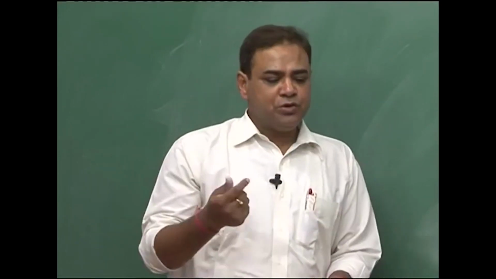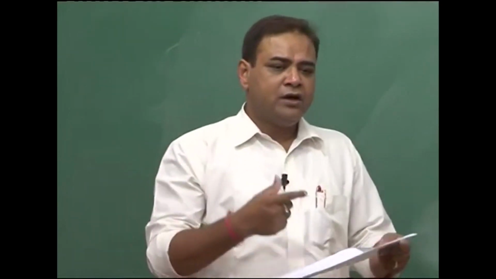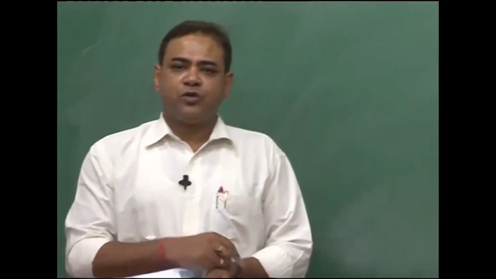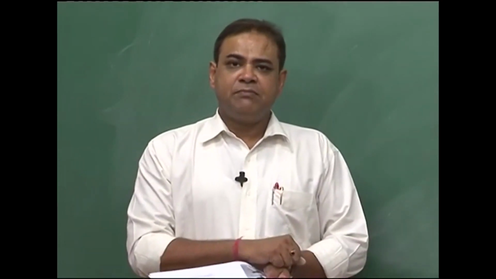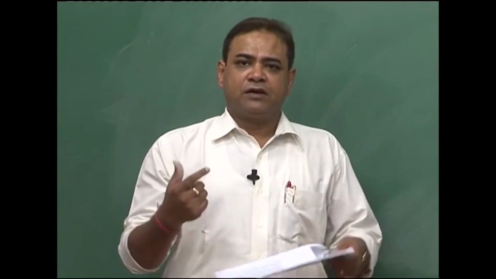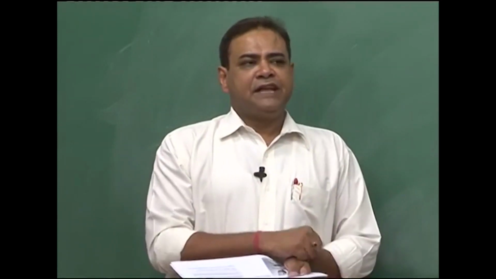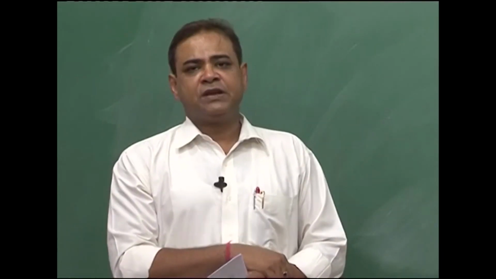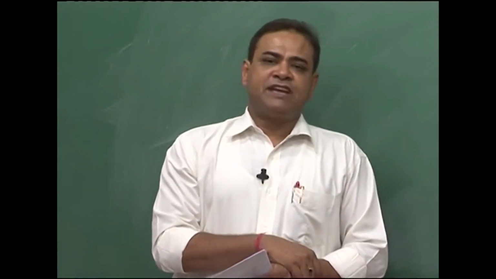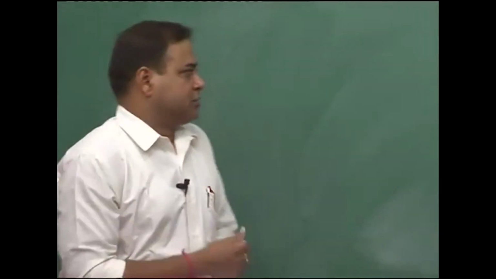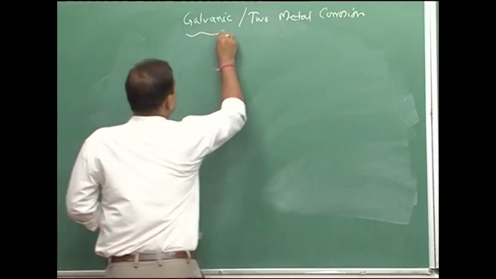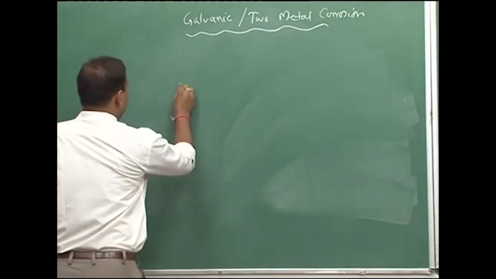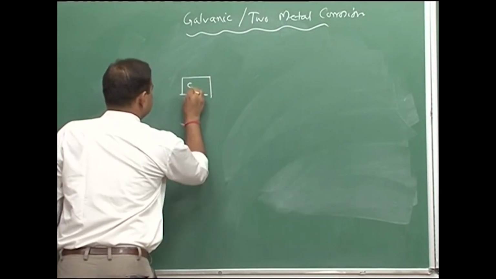In that case you have to join all those different parts. When you go for joining, you definitely have a two metal contact, and if that contact is exposed to an electrolyte or corrosive, there could be a possibility of galvanic corrosion. For example, if we have stainless steel